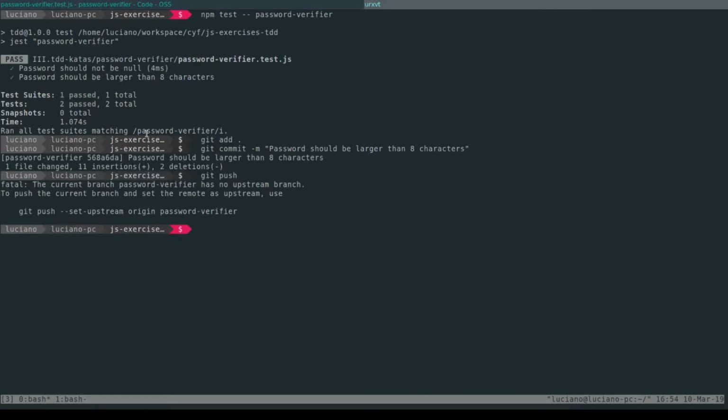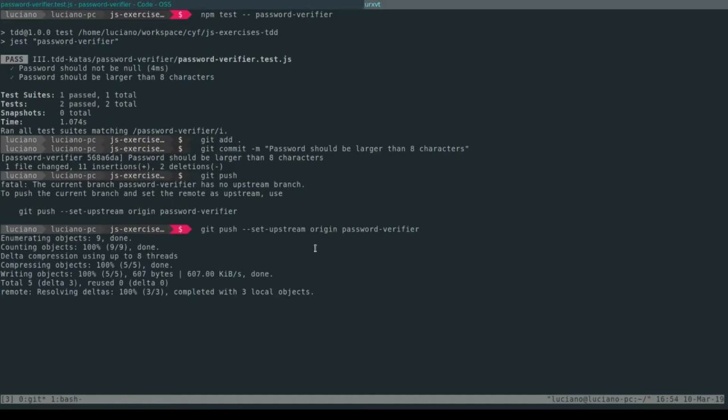Let's push, and since it's telling me the same message as before, what I'm gonna do is instead just follow the git instructions, set upstream origin password verifier. So by doing this, the next time I need to do a git push, I will not need to type over again origin password verifier. Okay,